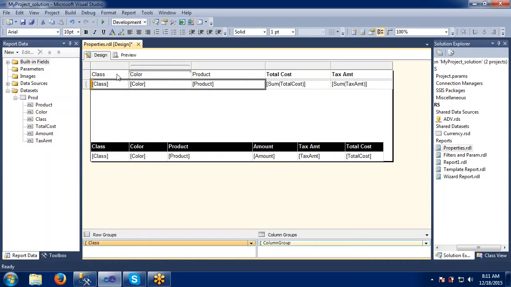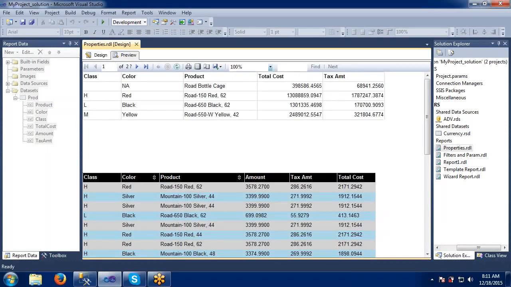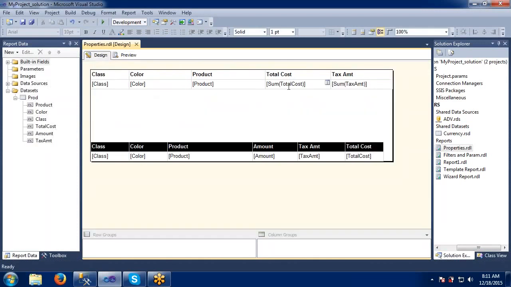Let me take this one and review it once again. So this is a matrix where we are getting the report like this. Okay. So it is summing up all this: sum of total cost means it's grouping all this total cost and displaying it here, right?